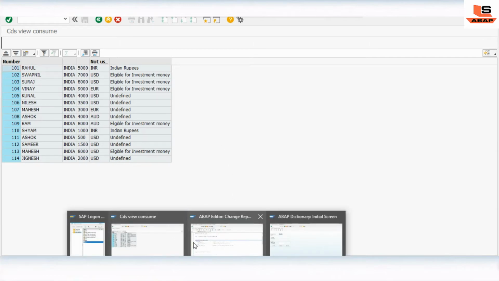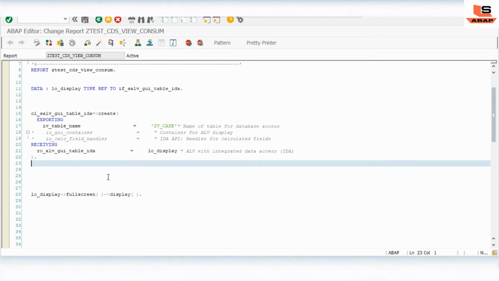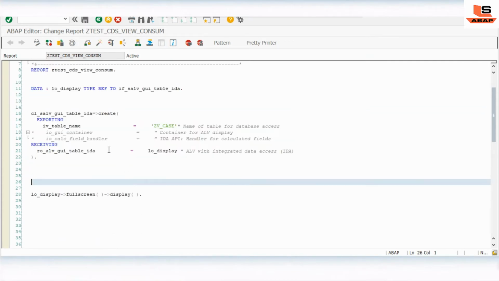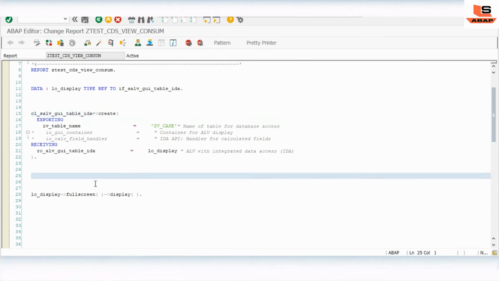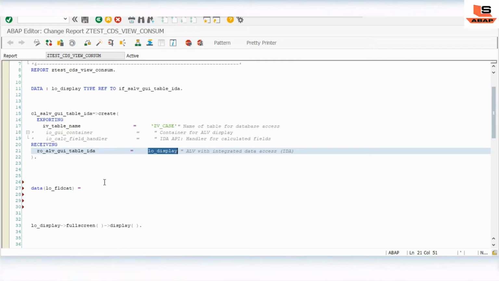So let's go to our SAP system in the coding part. As you can see, this is the code we added last time. Here we have the create statement. Now what we will do is read the field catalog. For that, we'll create a reference variable for the field catalog, equal to the reference of the row object.